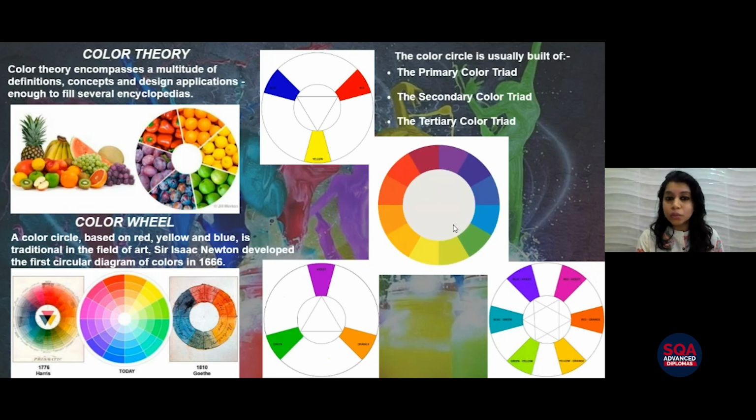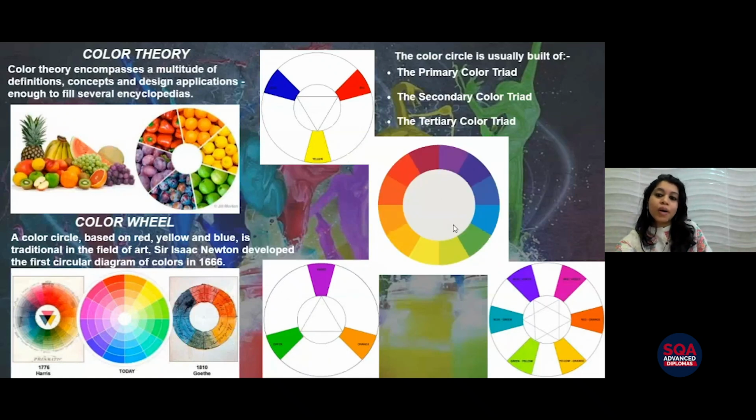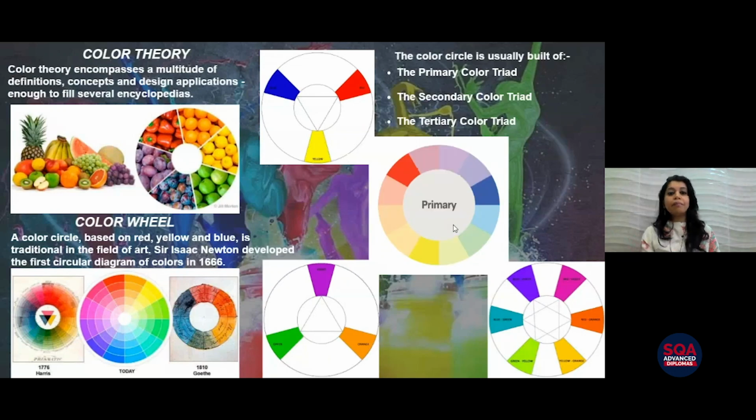Now, moving ahead to the primary colors. Like I told you, they are blue, red and yellow. These are the purest forms of color, which you cannot form by mixing any other colors. Secondary colors are the ones that we get by mixing primary colors.